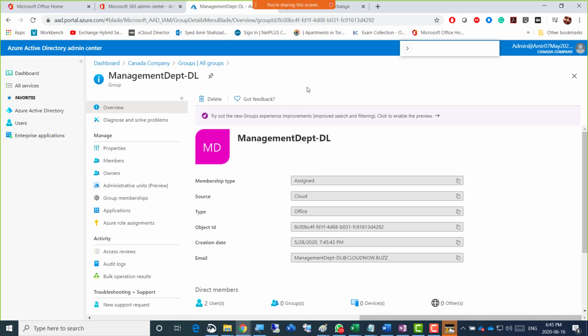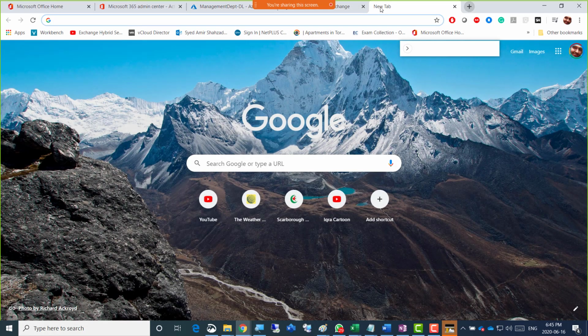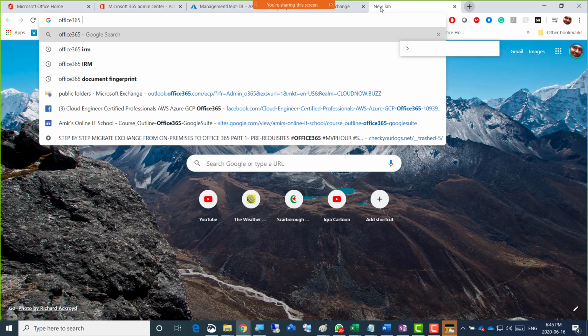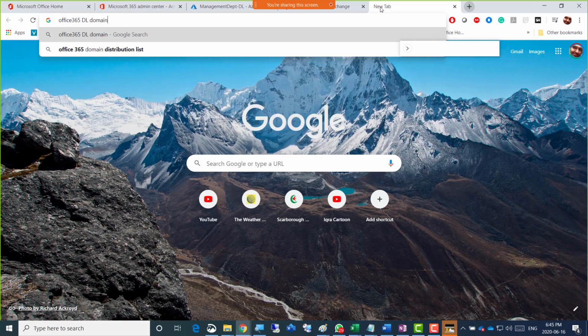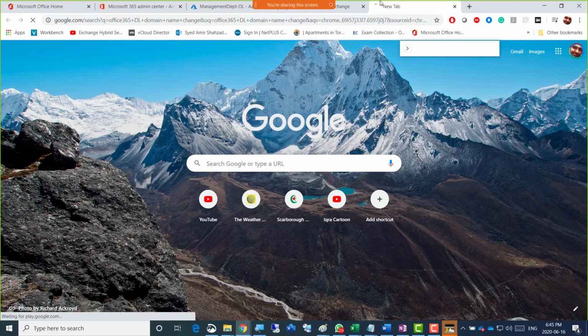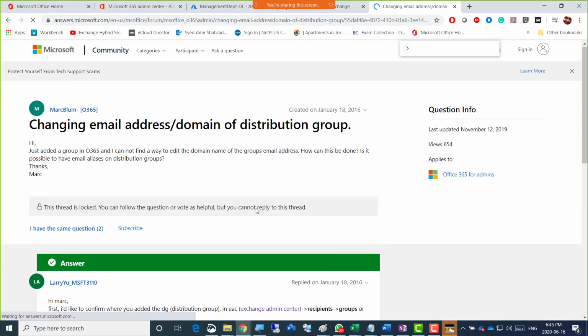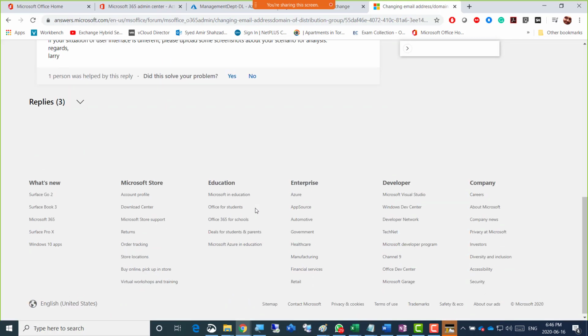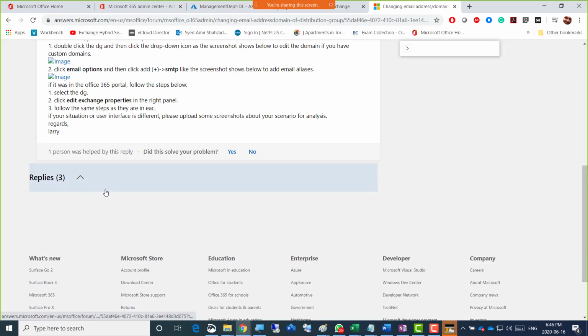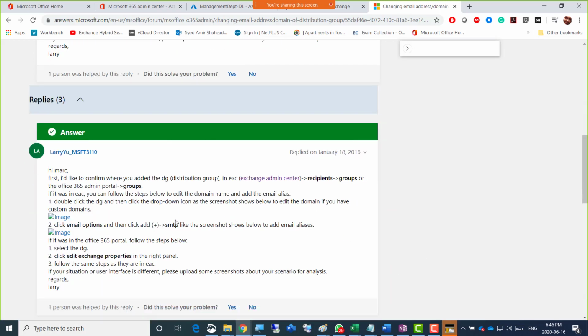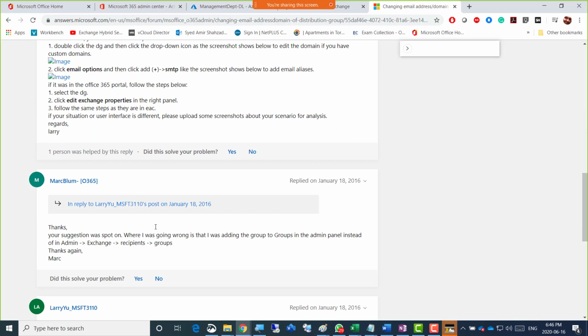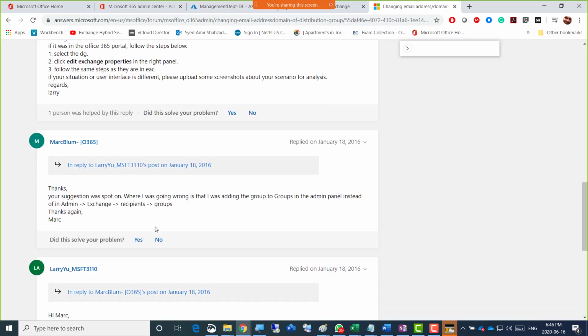So I would just Google it, if we need to change the domain of a DL. Office365 DL domain name change, changing your distribution list in Office 365. Oh, that's it. There are replies actually. Well, again, I would just simply delete it.